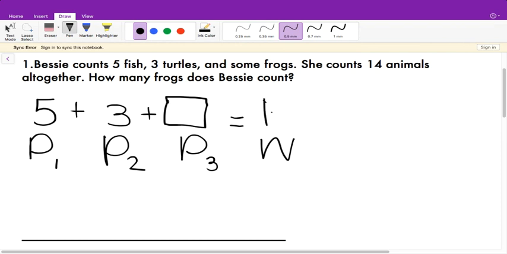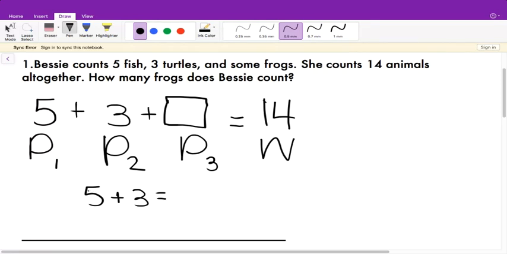And it says she counts 14 animals altogether. Okay, so we were able to write an equation based on the information given. There's nothing missing that we need to put in. The only thing that we need to do is add these 2 add-ins together to make solving this a little bit easier. So we need to add together 5 and 3 first, so that way our problem's a little bit easier to solve. So 5 plus 3